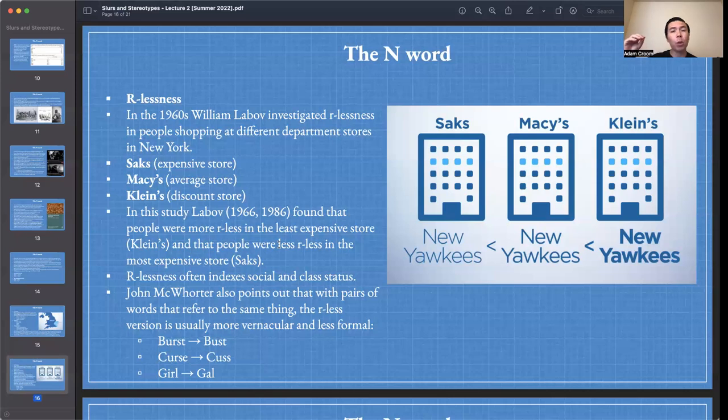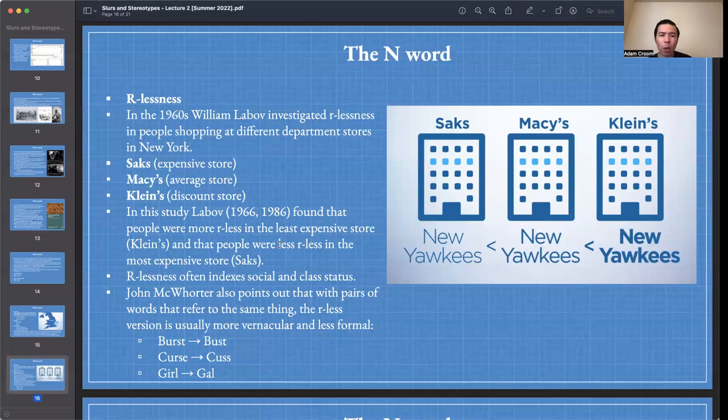Okay, so when you go to an upper class store, you're hearing more pronunciations of the R's. But in the lower class store, you're getting fewer R's, more casual speech in the lower class store, more formal speech in the upper class stores. Okay, which is a very interesting result. This might be a study that you would try to replicate, right? Maybe you want to go to South Carolina or Boston and see if you can also find systematic differences in pronunciation based on a hypothesis, like social class or ethnicity or so on.